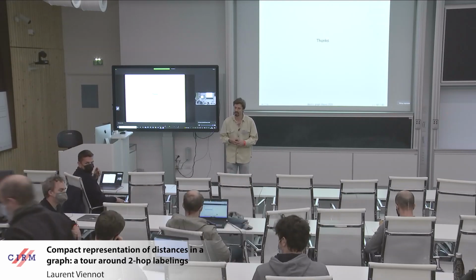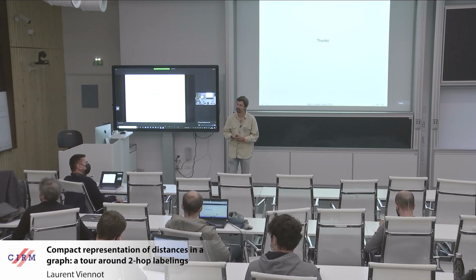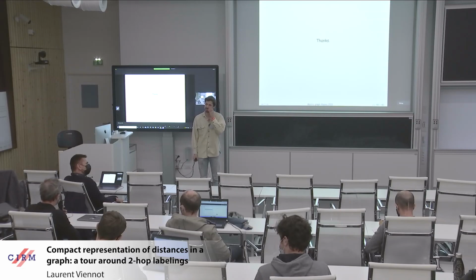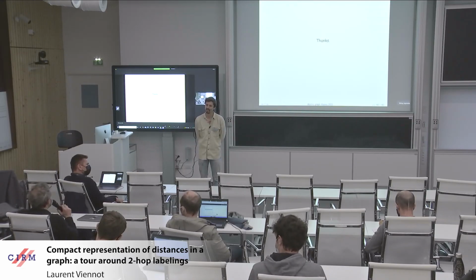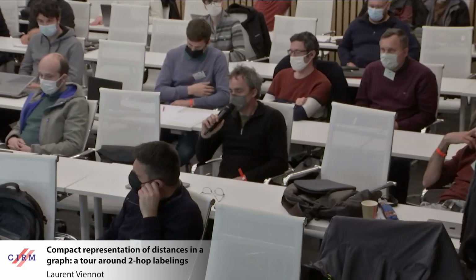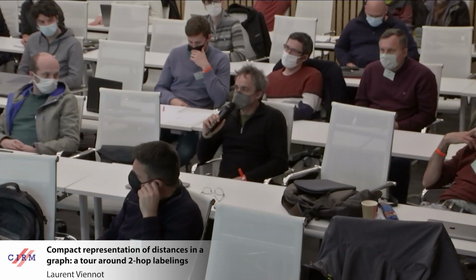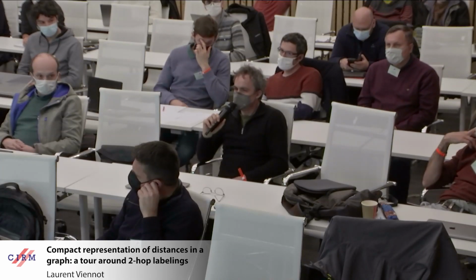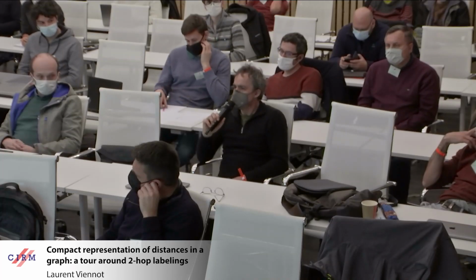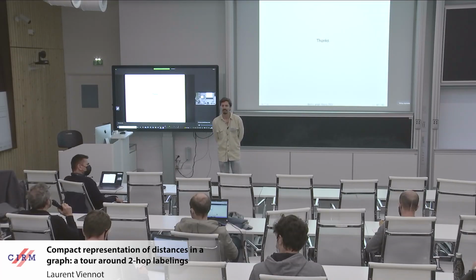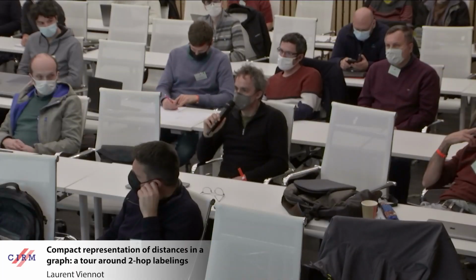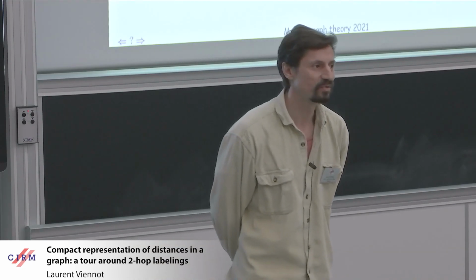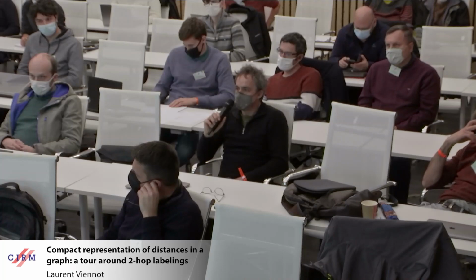Other question? So, wait. You mentioned that you can apply this for bounded tree-width graph, and that it is working only for sparse graph. Yeah. I remember that Courcelle and I think Twigg did some distance labeling for bounded clique-width graph, which are somehow dense graphs. Can you adapt it for this type of graph also?